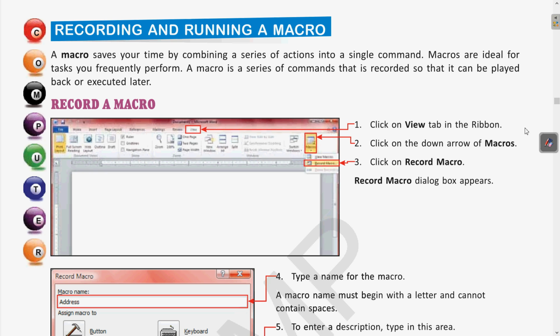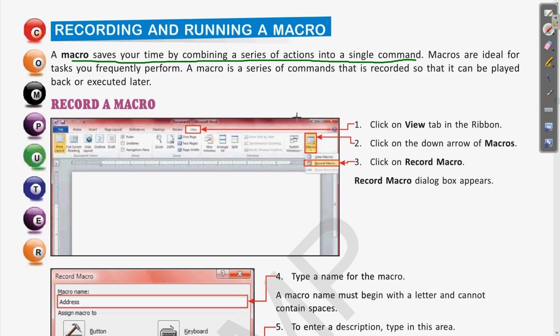So we have seen what a macro is. A macro is a certain set of steps which are combined together under a single command. Clear? This saves our time as well. If you are repeating certain steps and want to combine all those steps into a single command, or attach some shortcut keys to it, that is the use of a macro.